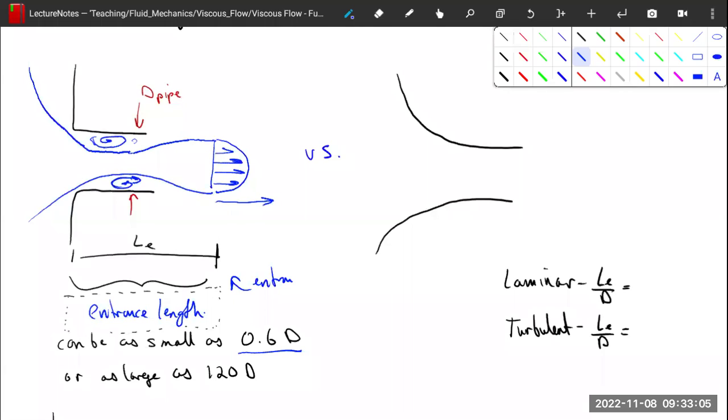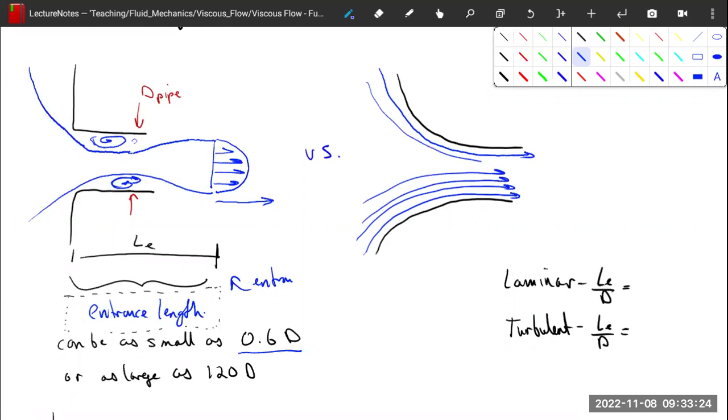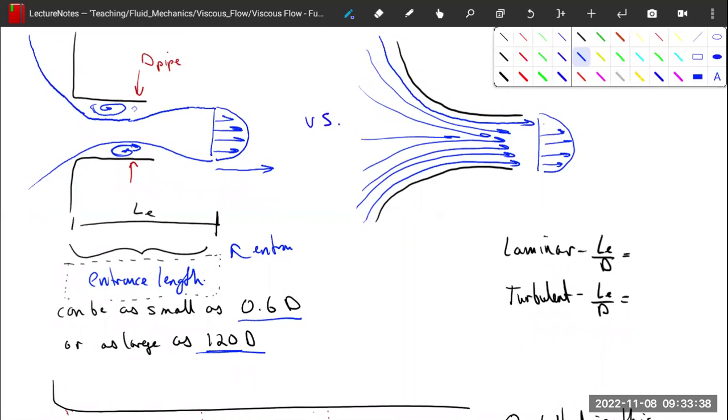So one of the things we can do to reduce this entrance length is to, as you might expect, ease the transition of the fluid into the pipe. So if we curve our entrance, we come like this, then almost immediately the flow is already ready to be in the flow profile that it wants to be, and it reaches equilibrium quite fast, and it doesn't take very long. So sharp edges mean longer time for it to reach an equilibrium,